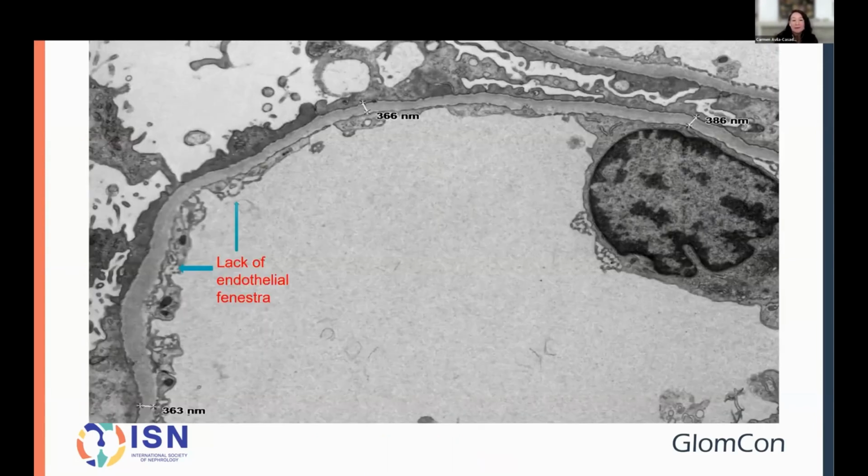Another interesting finding is the presence of what we classified as endothelial cell hypertrophy, and we can see that in many areas the capillary loops are lacking the normal